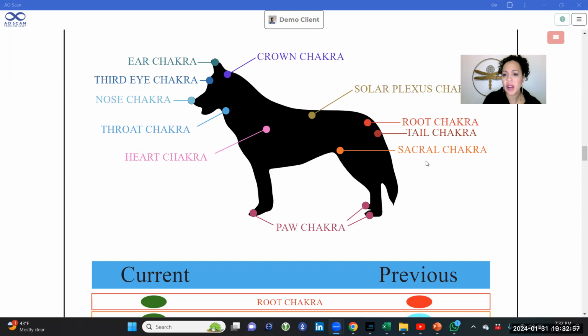So the sacral chakra, sacral or sacrum, is in the lower back, right in the center, where you're above your butt crack. It's that whole flat diamond area. That's the sacrum itself. And then that whole pelvic girdle, you actually have the sacral chakra.